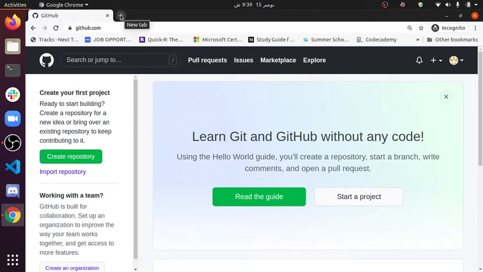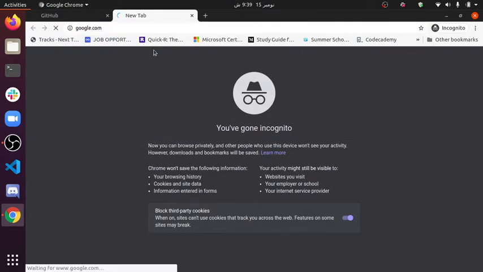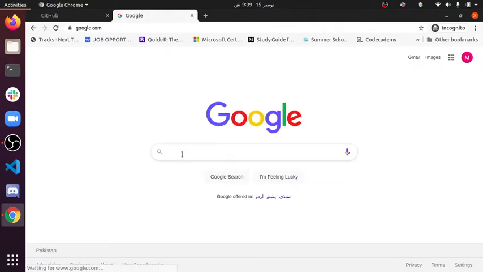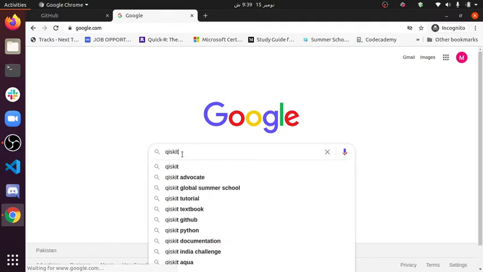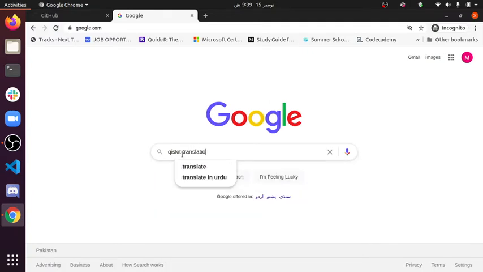The next step is that we are going to open up google.com, and on Google we are going to search Qiskit translation.